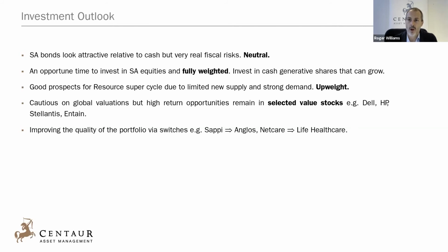We're cautious on global valuations on a macro level, but having said that, on a stock basis we do see some very high return opportunities. We're looking at the range of 15% plus in hard currencies. For example, we've bought a range of shares, some value-orientated shares like Dell and Hewlett-Packard, Stellantis, which has really performed well, Entain, which is a global